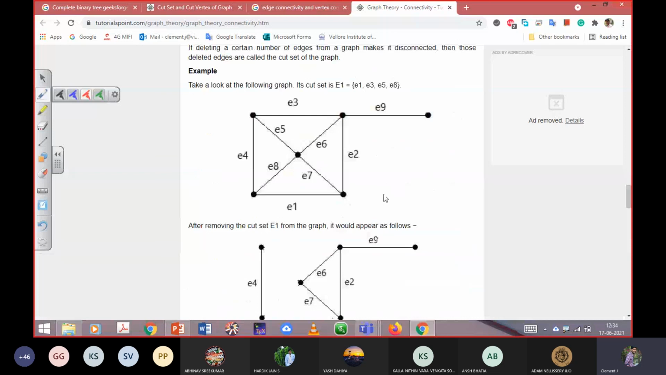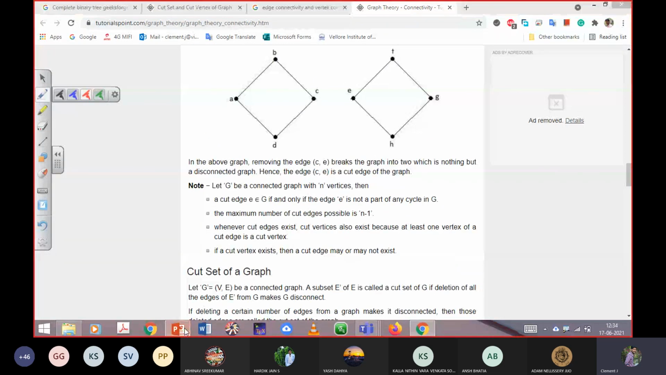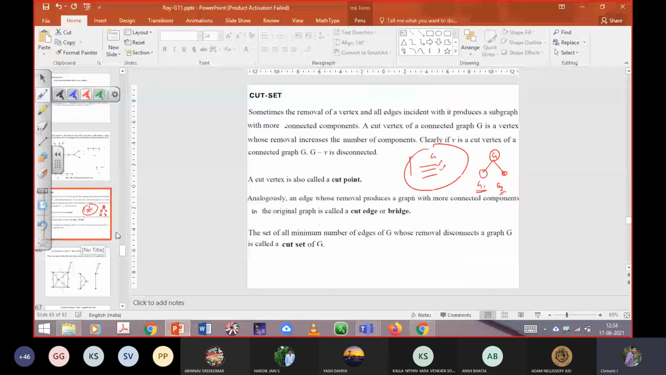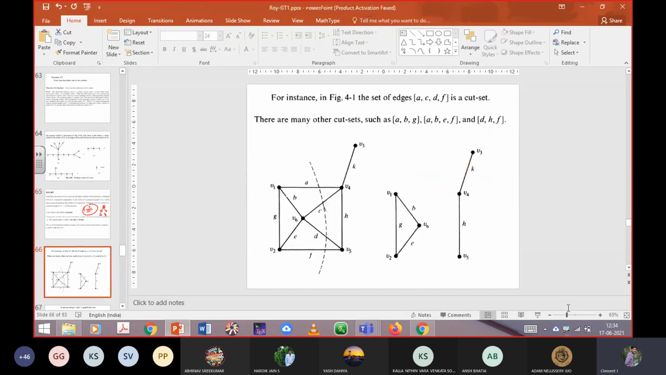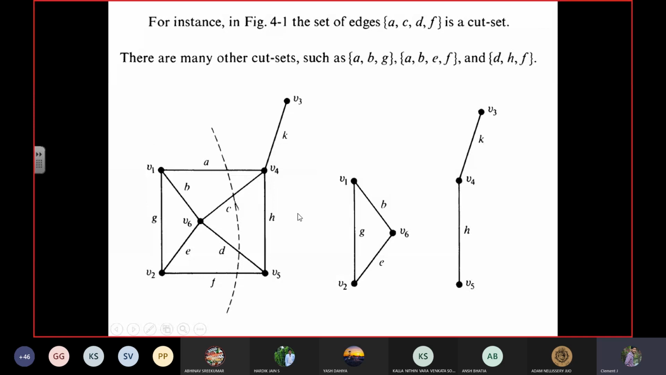So this is the thing about cut set and cut vertex. They are also given in the slide, the cut set. See here, they are just saying cut set, like in this graph. They are removing